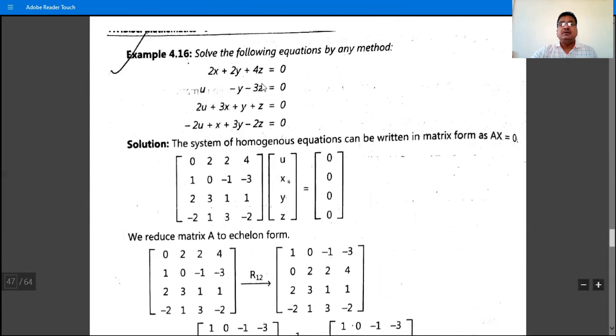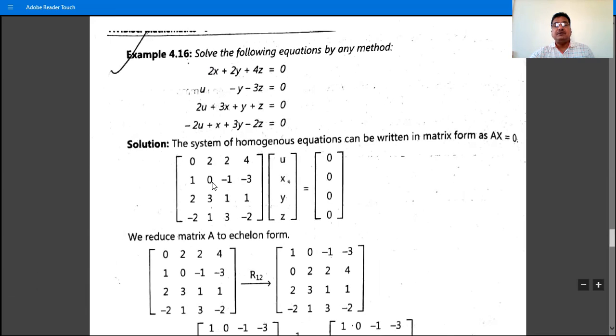This is the example: x, y, z, u. So there are 4 variables: u, x, y, z. In the first equation there is no variable u, so its coefficient is 0. The coefficient of x is 2, y is 2, z is 4. Then the u coefficient is 1,